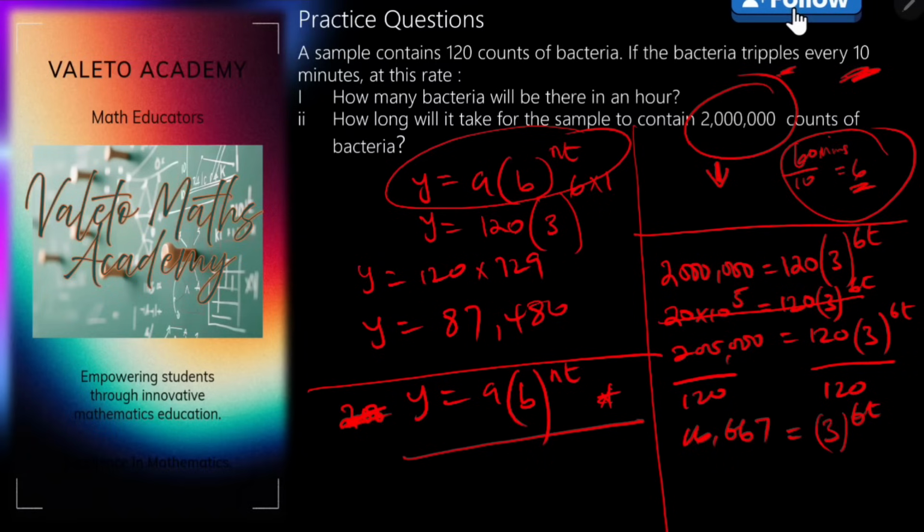Now, if you remember in our logarithms, if we find the log of both sides, we're going to have log 16,667. In order to eliminate, remember we say logarithm is the inverse of indices. So we're going to have log 16,667. It's the same thing as, there's a law of logarithm which says that log 3 raised to the power 60, there's a law of logarithm which allows us to bring 60 down,